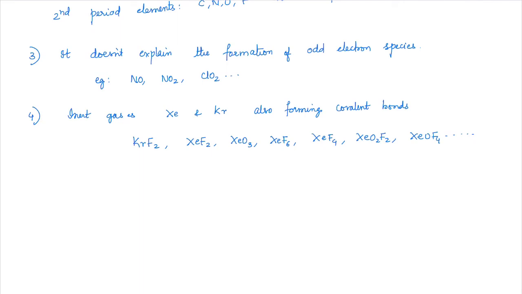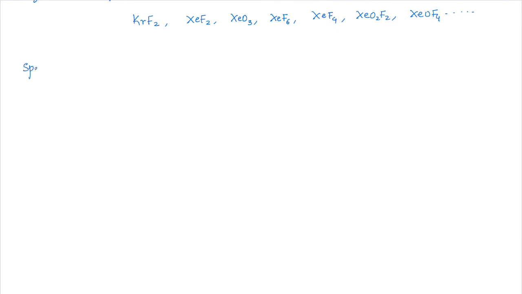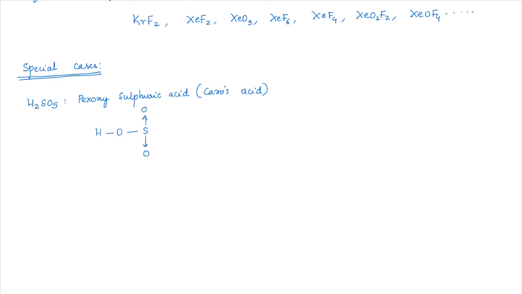So there are some special cases where we can't decide the structure only by simple skeletons. Let me show a few of those special cases. If you see H2SO5, this is called peroxysulfuric acid. We discussed this in redox reactions, also known as Caro's acid. The structure for the same would be like this: HOSOOOH. So there is something called a peroxy linkage. So there will be an oxygen linkage present in between. This is how it exists.